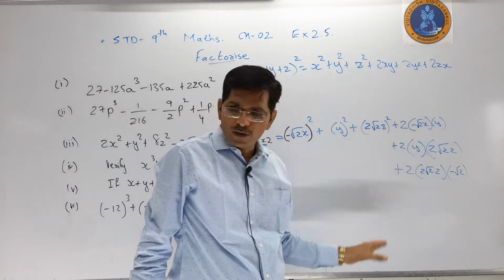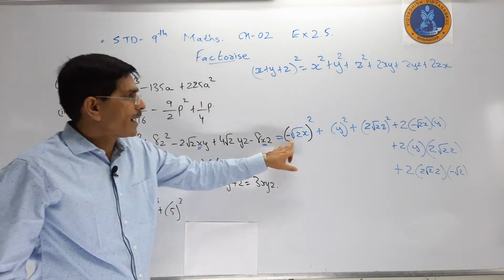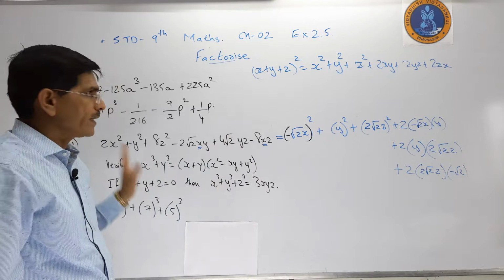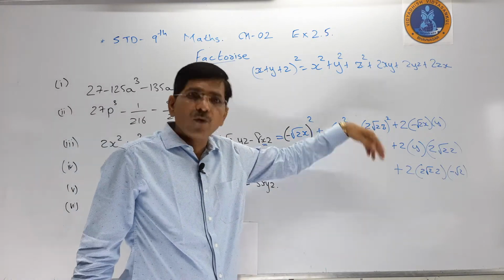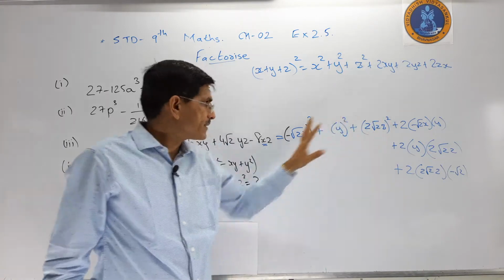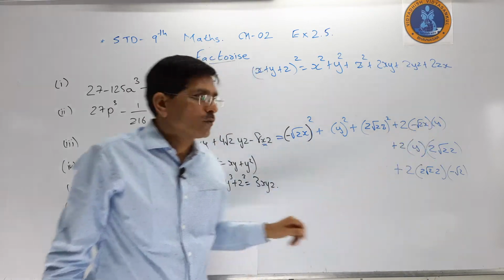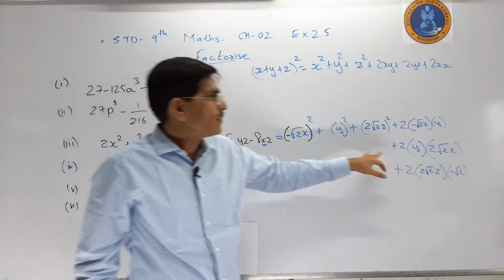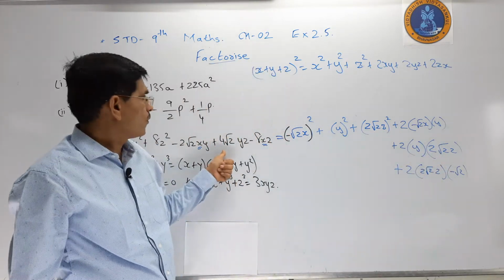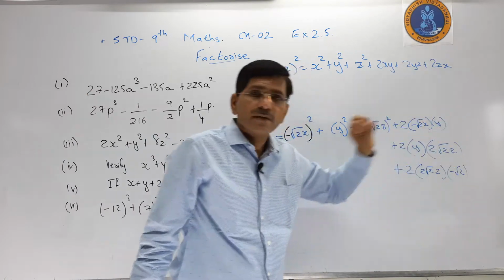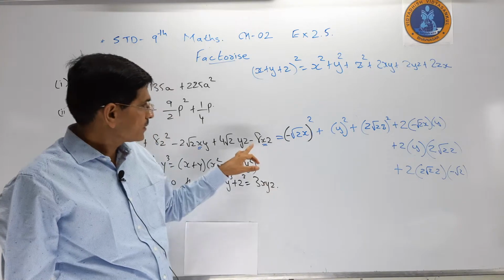Again, if we simplify all these terms, we can get the answer here. See now, minus root 2 square, 2x square, y square, 2 root 2 z whole to square, so that is 8z square. If I multiply 2 root 2 xy, so minus 2 root 2 xy. If I multiply 2 into 2 root 2, 4 root 2 y into z, that is y into z. Here the negative sign is there, so minus is there.